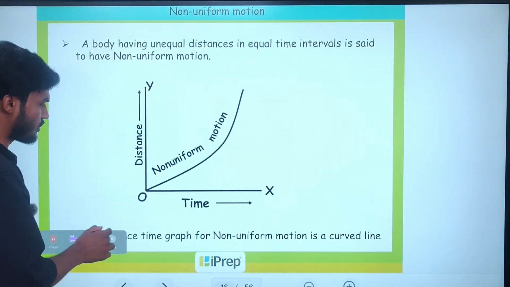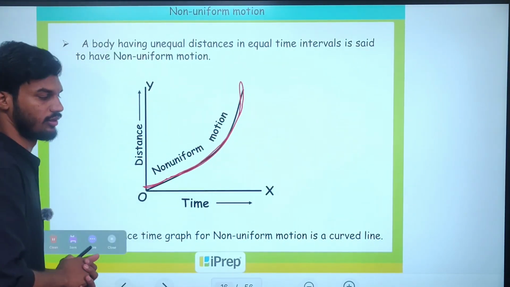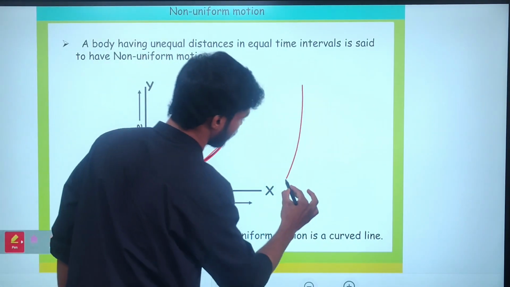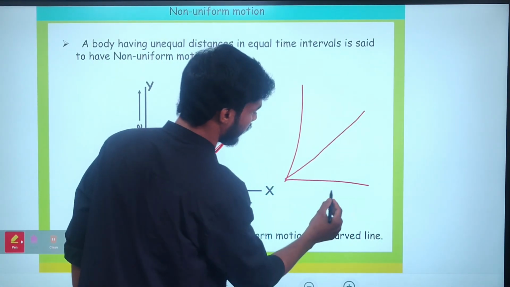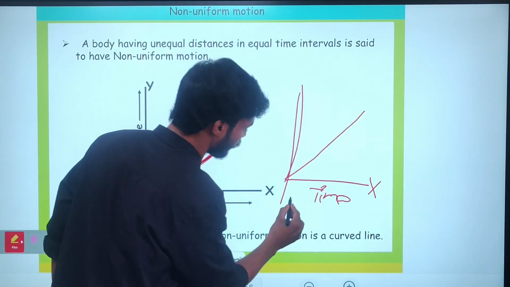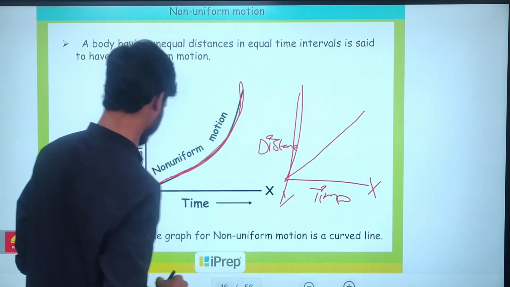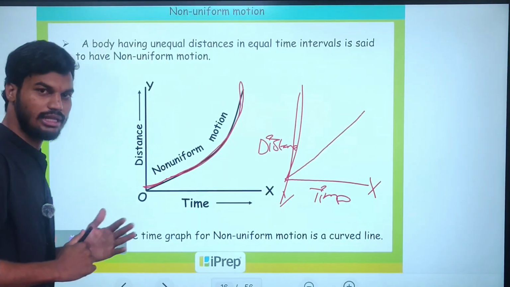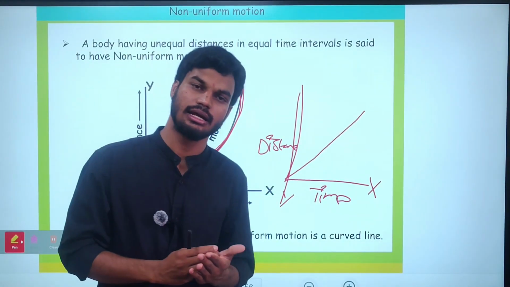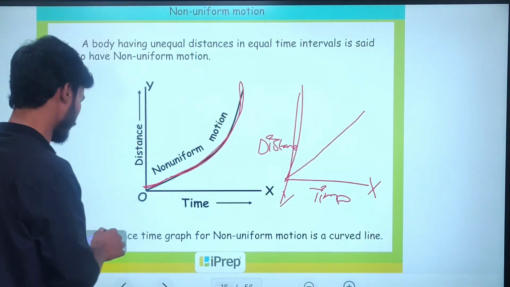In non-uniform motion, the graph will be a curved path. Simply, in uniform motion, it is a straight line. On the x-axis, you have to take the time, and on the y-axis, you have to take distance. Clear, everyone? So I think you got the clarity regarding uniform and non-uniform, right? Next, coming to